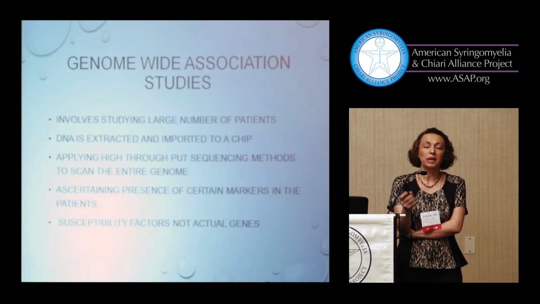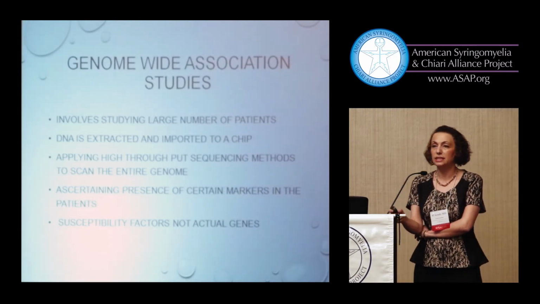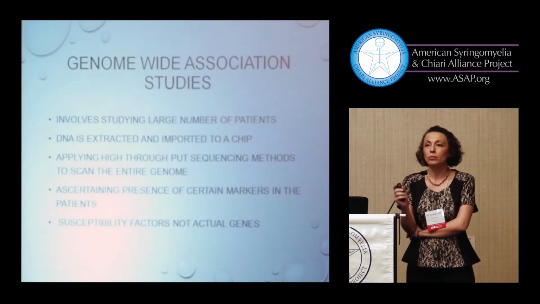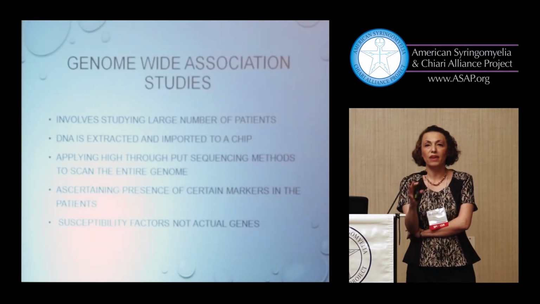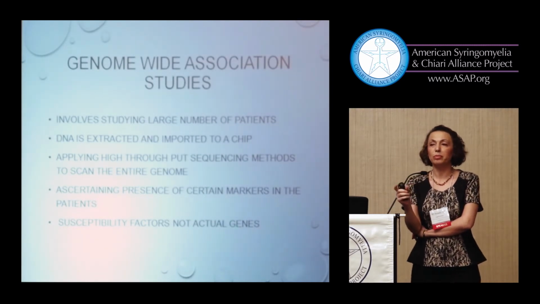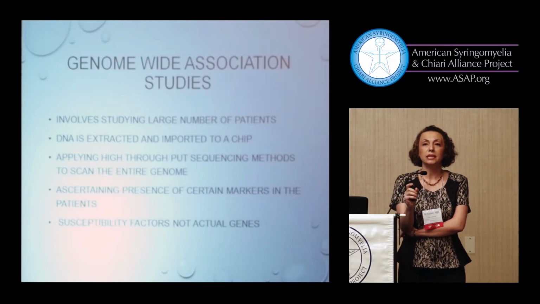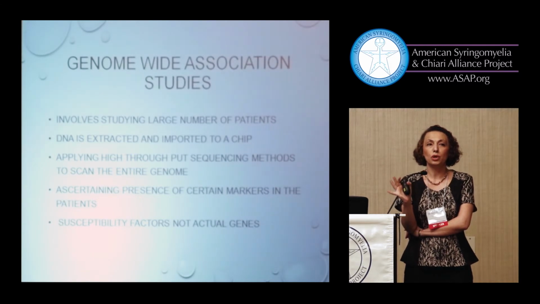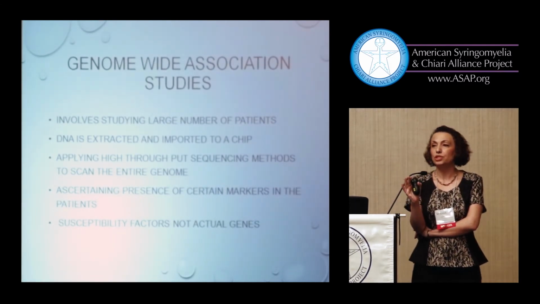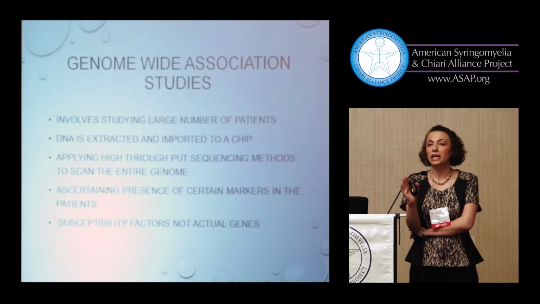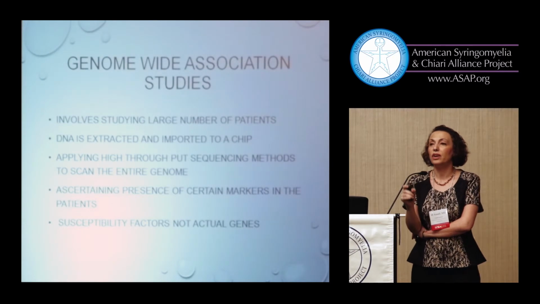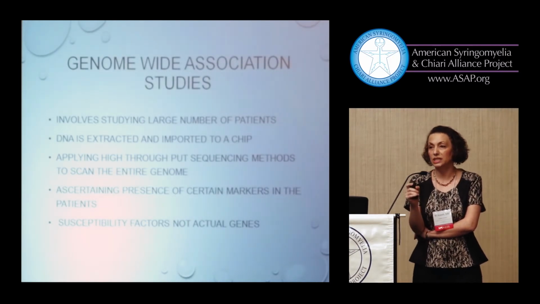So as you may know, the start of genetic studies in the 1970s was basically linkage studies. And what they would do is that they would get a family with some affected and unaffected family members. They would get a sample of blood, they would get the DNA, and then they would have some kind of an educated guess about which markers they should test. They would check for those particular markers in the affected and unaffected family members, and they would decide if those markers co-occur with the disease.